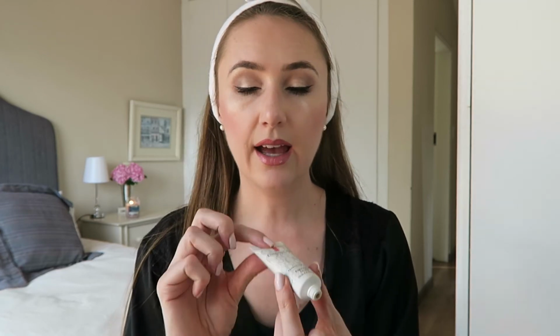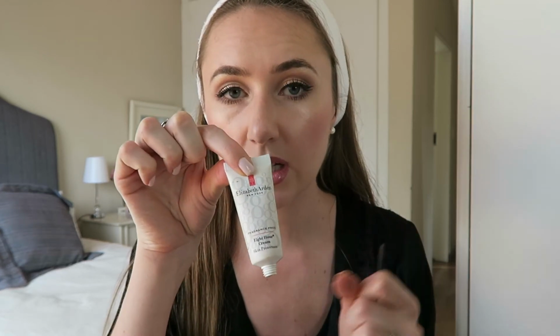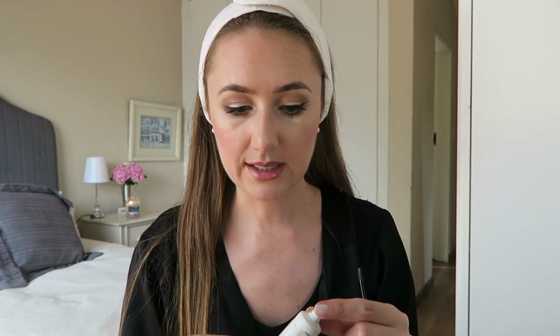Okay, so I've set my face with my All Nighter setting spray. The final step that I'm going to do, which I don't always do, but it's a nice thing to do, is I'm taking an old Benefit brow product, which I've emptied. There's nothing in there, but I love the spoolie on it. And I'm going to take some Elizabeth Arden 8 Hour cream, which is one of these. I mean, if you haven't tried Elizabeth Arden 8 Hour cream, you're missing out, because it's one of those